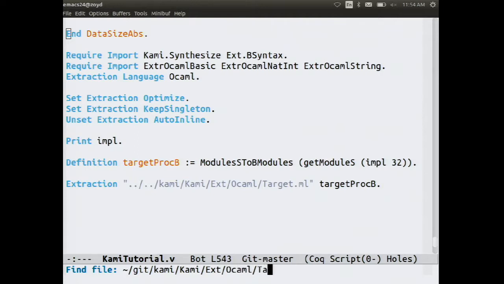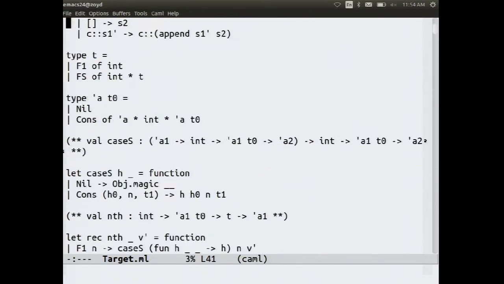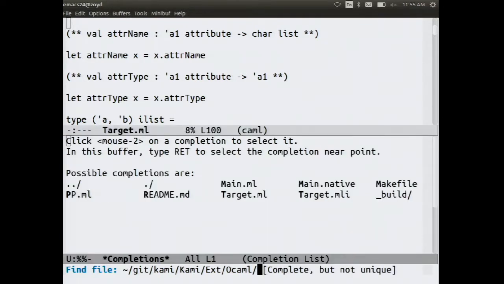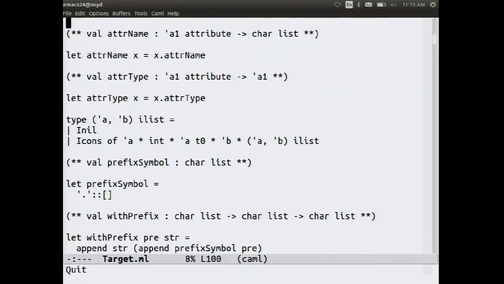Well, it did generate this big extracted ML file, but that's not very useful. This file computes the source code of the Bluespec. It is not itself the Bluespec source code. The compiler generates a program that generates the Bluespec. No, Coq extraction generates the program that generates the Bluespec. We are just computing the Bluespec in Coq, but Coq computation is slow compared to OCaml computation. So extract OCaml, run the OCaml program, and the effect of the OCaml is the Bluespec.